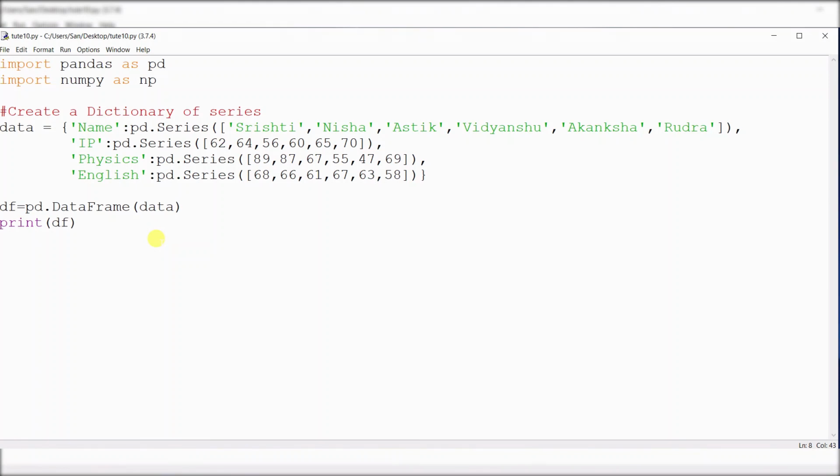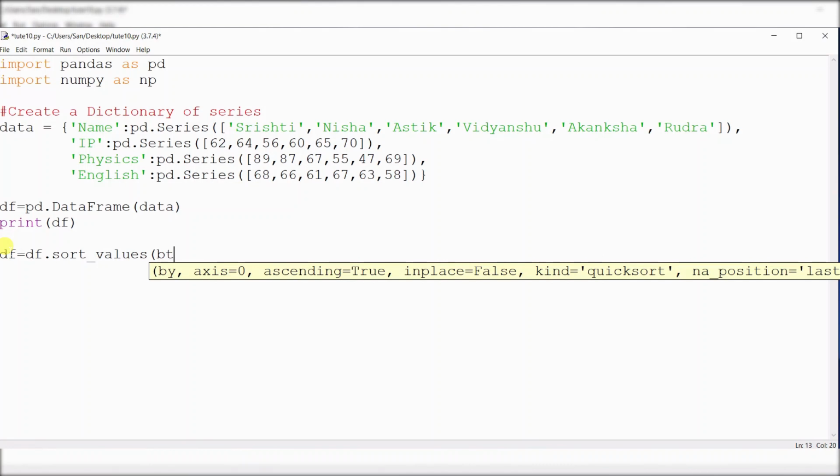Now type here df is equal to df.sort_values, in the bracket by, and in inverted commas 'name'.